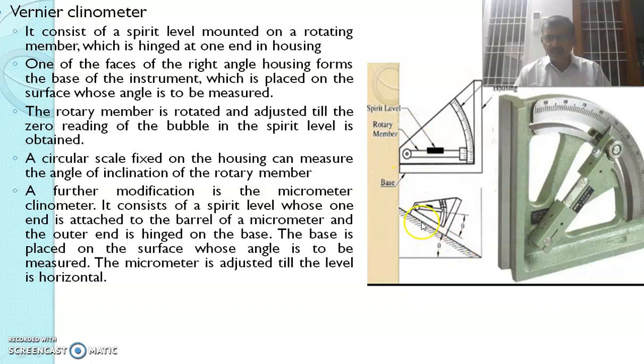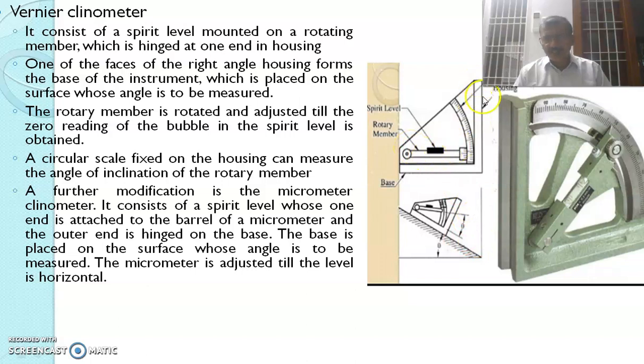See the second diagram. It is placed on the slope, and the frame is rotated until it becomes perfectly horizontal. When it becomes horizontal, the spirit level bubble is at zero. Then the nut is tightened, and the angle theta is measured.